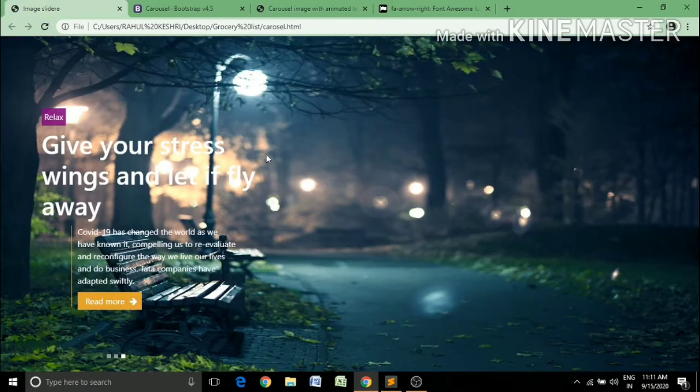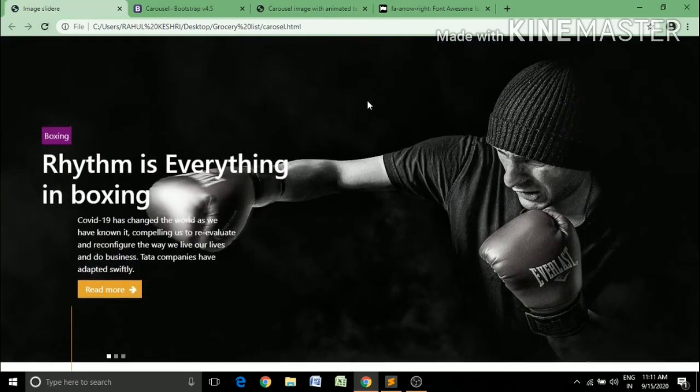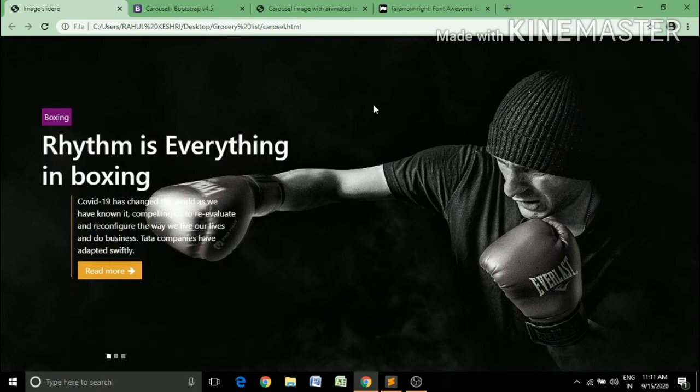One more thing: when you refresh this page, the image is also animating in the negative y-axis direction.